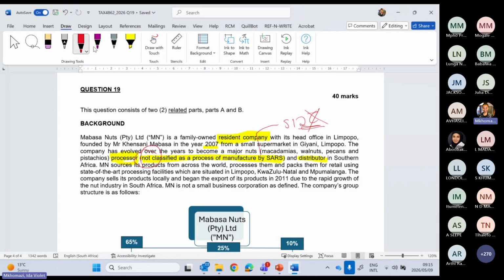Speaking of section 12E, if we read further, they say that MN is not a small business corporation as defined. So this means that it's not an SBC, and 12E doesn't apply. At this point, from reading this part of the required, I know that I'm dealing with a resident company. I know what they do, they process and they sell nuts. I know that the company is not a small business corporation. So it means that I'm dealing with a normal South African company. Then we have